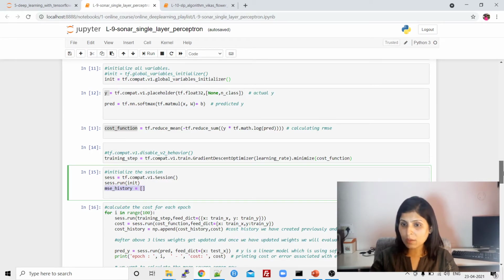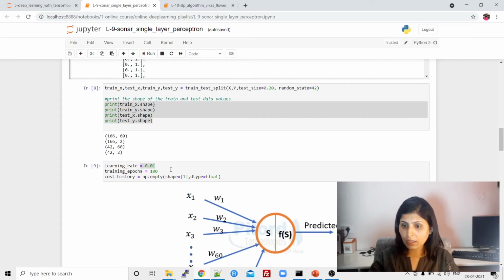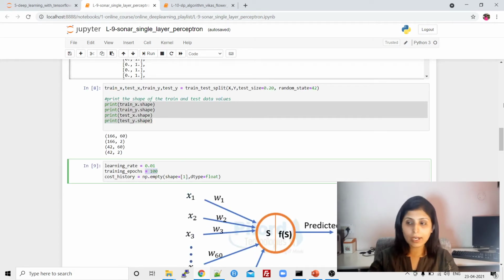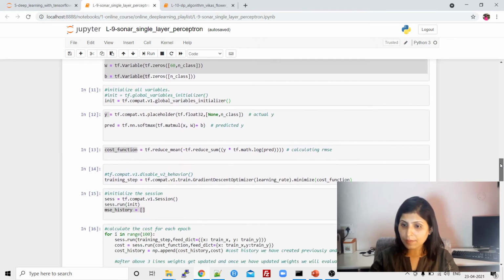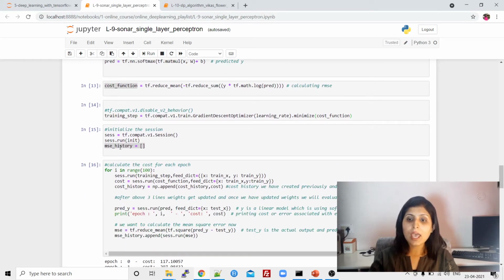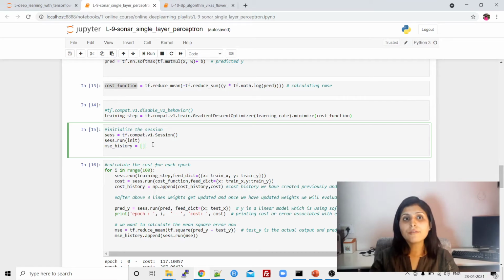So how many epochs have we defined? 100 epochs, right? So that means this MSE underscore history is a blank list, and this list will store the 100 different error values which we will be getting after every epoch. Okay?